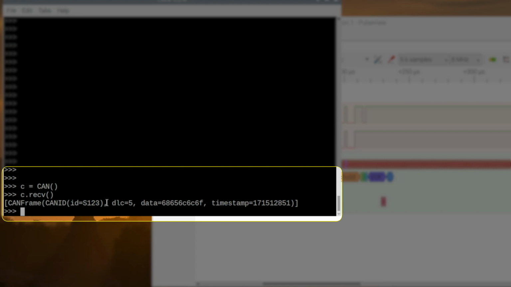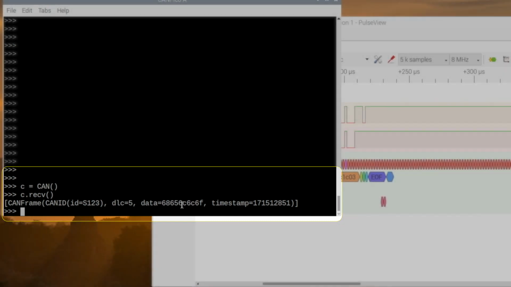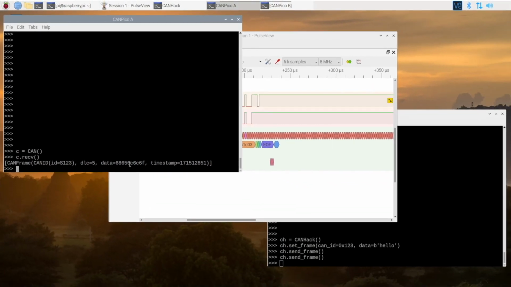So we can see here it's a 5-byte CAN frame with a standard ID of 123, and that's our 5-byte payload. So we can see that just with software we can transmit a fake CAN frame on the CAN bus and get other devices to accept it as real.